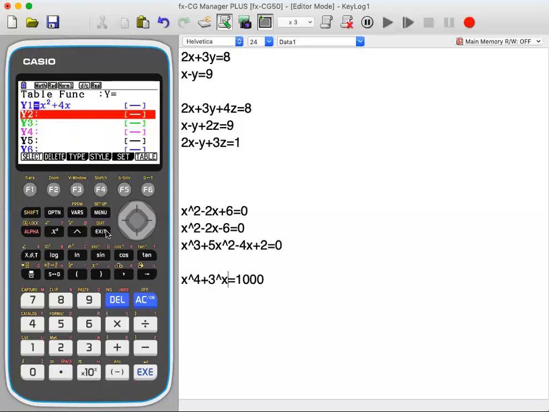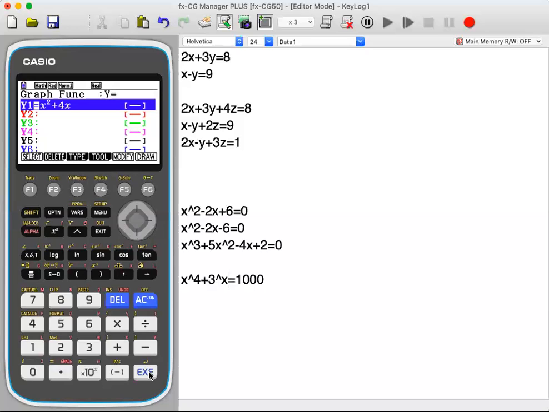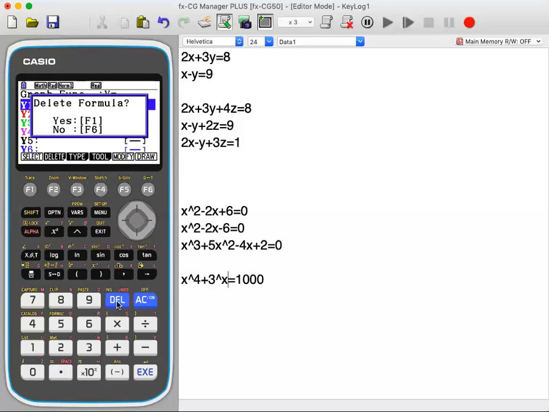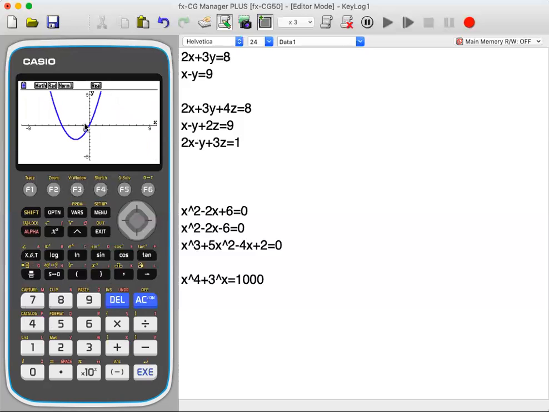Now come out of this, press menu once again, and let us explore the graph feature. The graph feature is something very interesting. Now, a couple of issues that students face are about the setting. So when I type out the graph, where do I type it out? Let me delete it first. You can delete using this also, the delete button, you can see. So out here, let's say I type out the function x squared plus 4x. This is my function. And now I plot it by pressing execute. You press execute one more time, and it plots the graph.